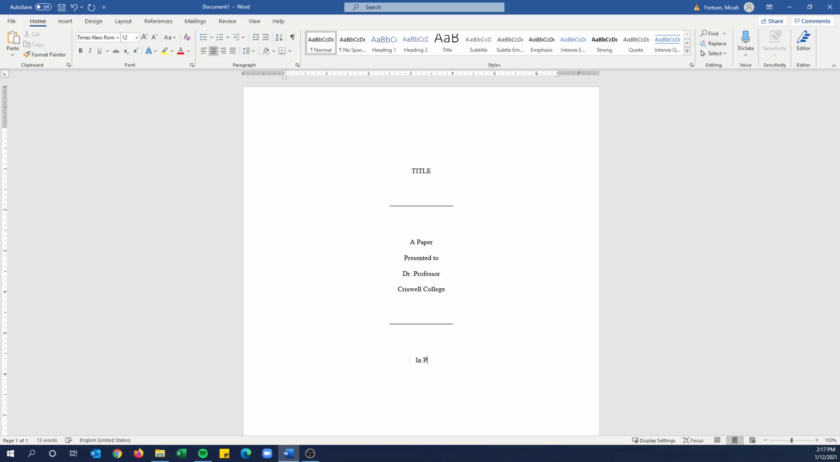We're going to do in partial fulfillment. Go down 2 lines of the requirements. We're just going to do bib 100, and that's something you can change later, customize for whatever class you need. Requirements does need to be capitalized here, so we're going to go ahead and capitalize that real quick. Alright, we're going to go down 4 lines,